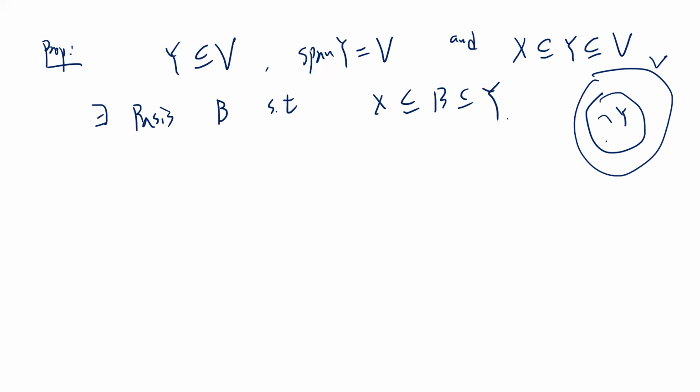And also you have some subset X. Then you can put some basis, right? You can add some basis to make this one, this guy from, oh, by the way, X must be linearly independent. So if you take any linearly independent subset of vectors, then you can add additional basis vectors to make it a basis. Okay, so this is